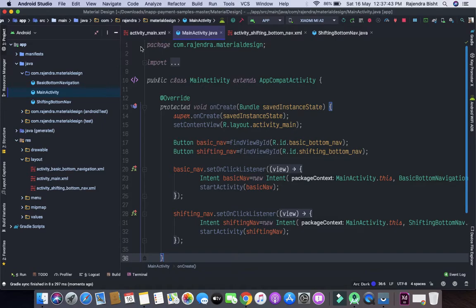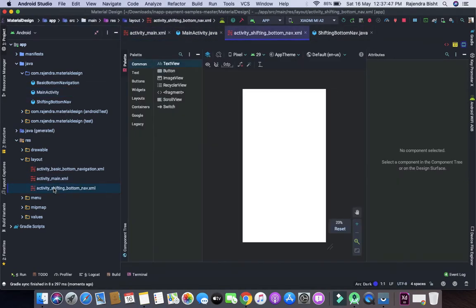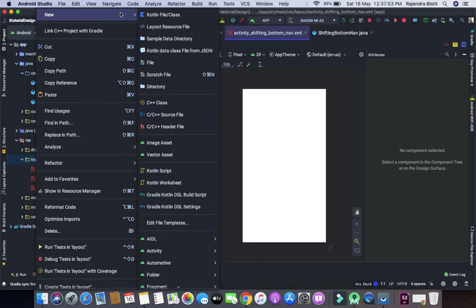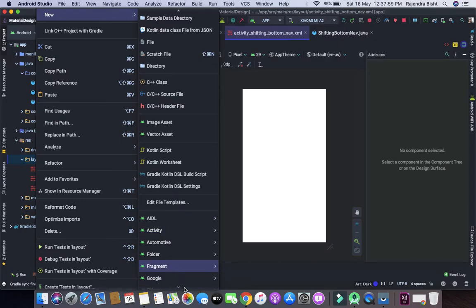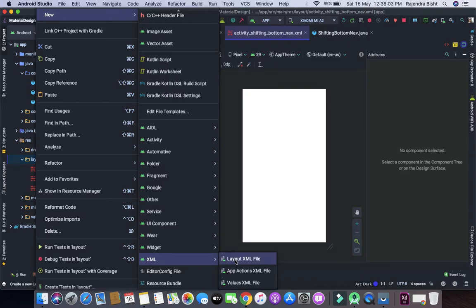So now here I'm going to add some dummy content so that we can scroll very easily. So let's create an XML layout.